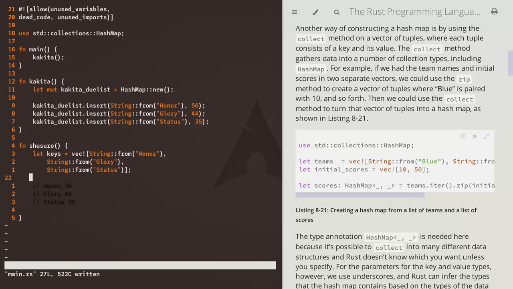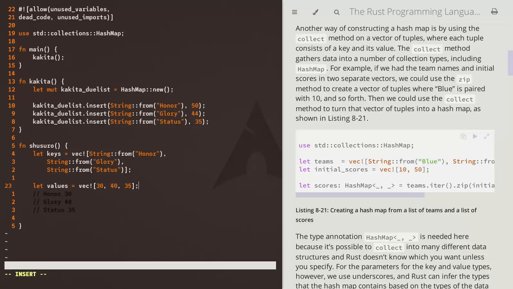That's funny because I needed a word, and the word I found that I wanted to use should really be for this vector, values. So values will be vec bang, and then I need, okay, honor first, so we got 30, and then glory, status, so 40, 35,